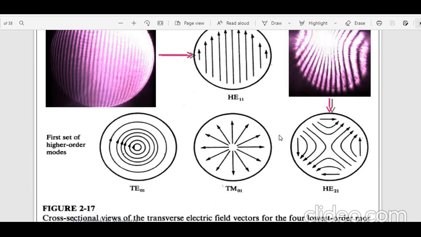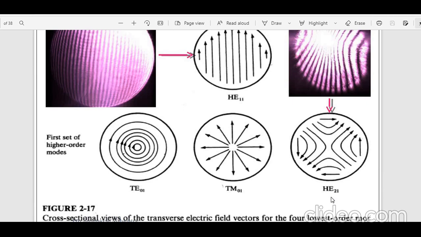This is omnidirectional. Omnidirectional means what, students? It is rotating in all directions. As you can see, there is a point source, and from there it is vibrating in all directions. Such a phenomenon is considered to be the TM01. Similarly, HE21. HE21 means what? Hybrid electrical mode. In that hybrid electrical mode, what is greater than the magnetic field?